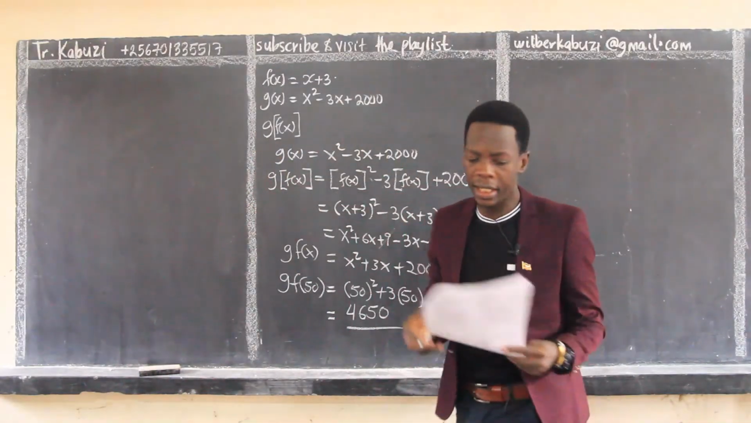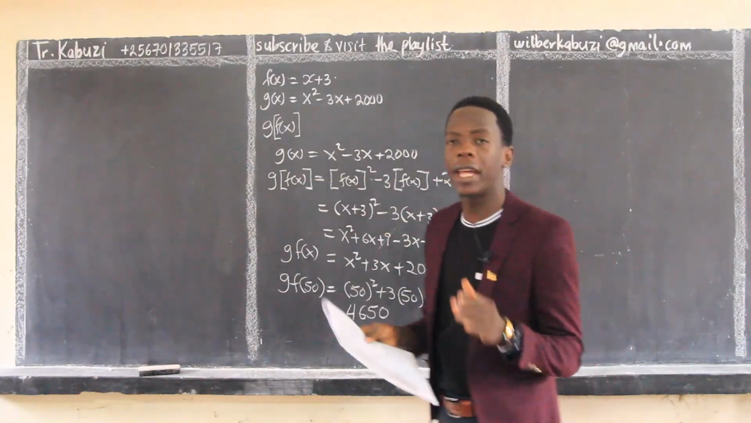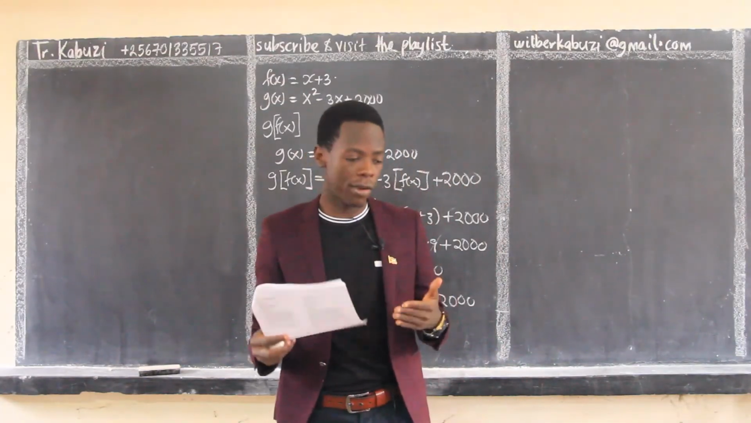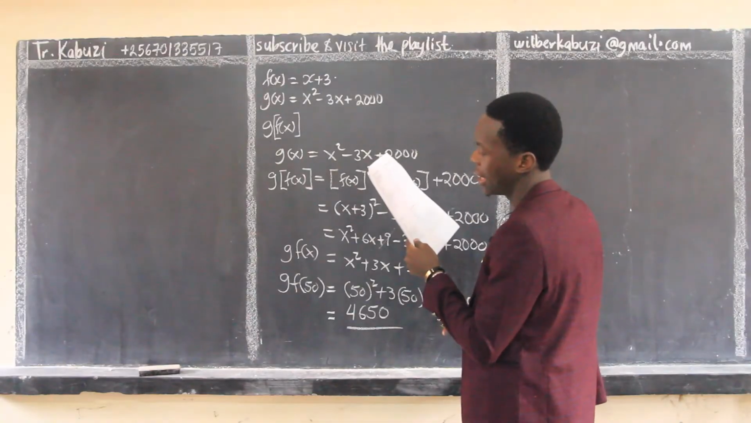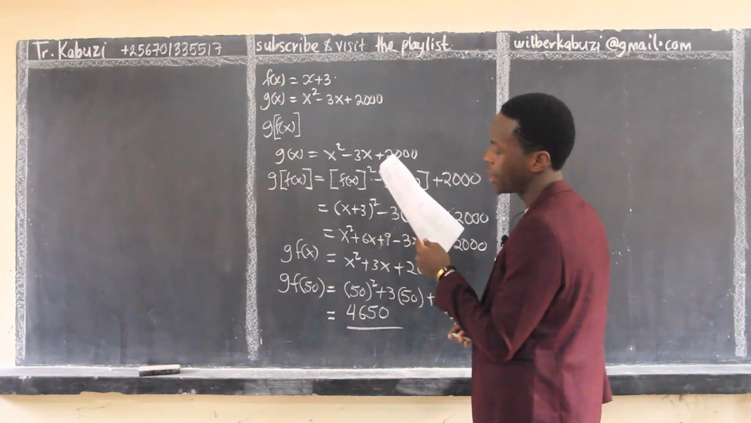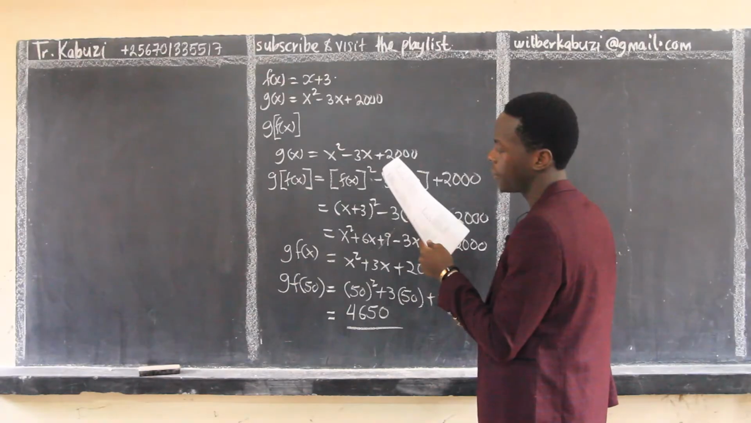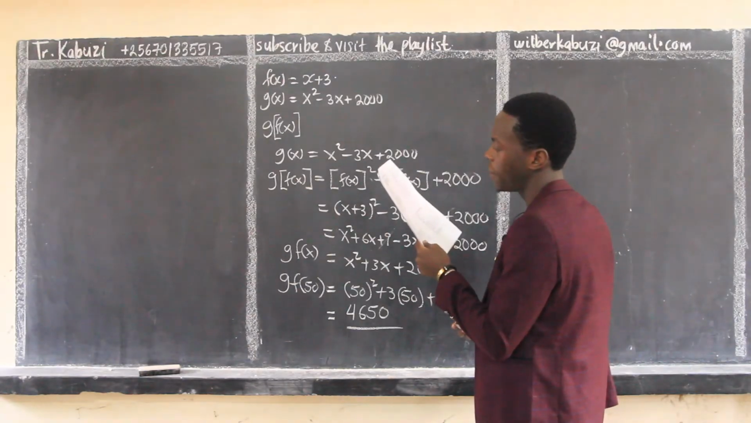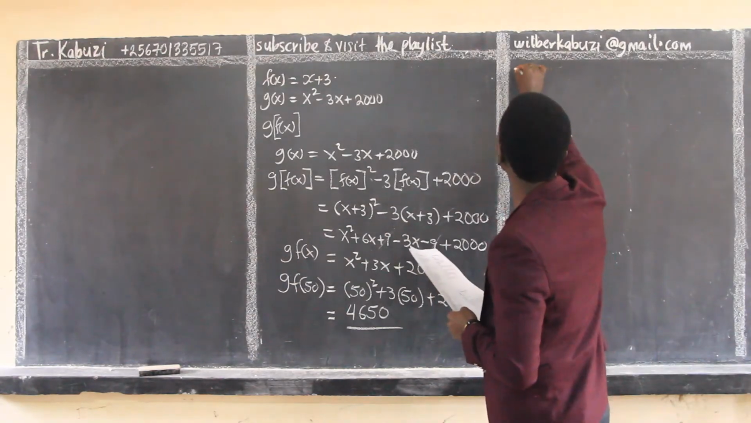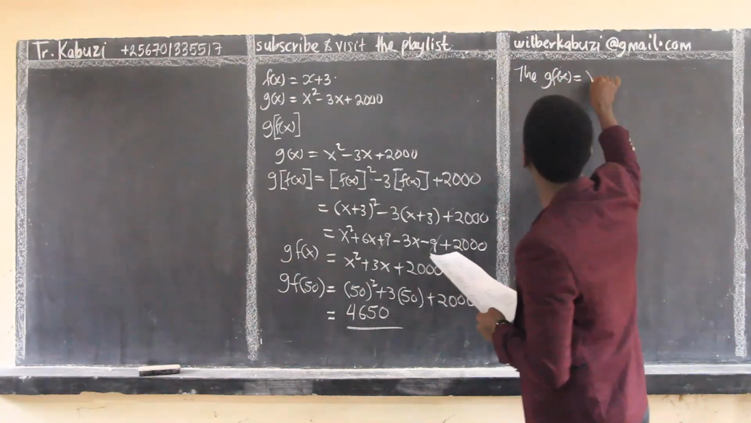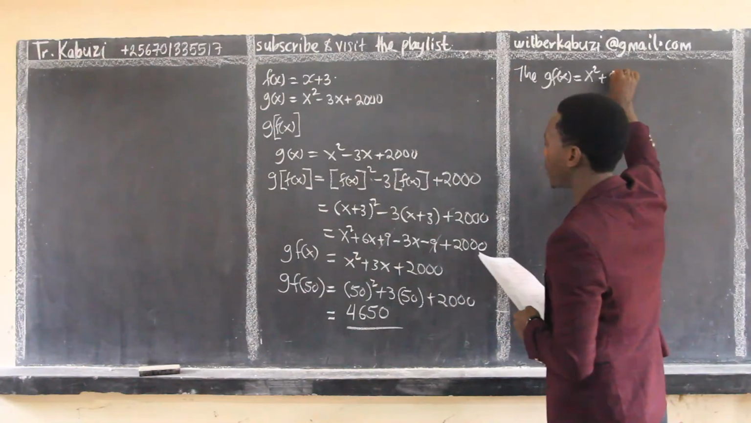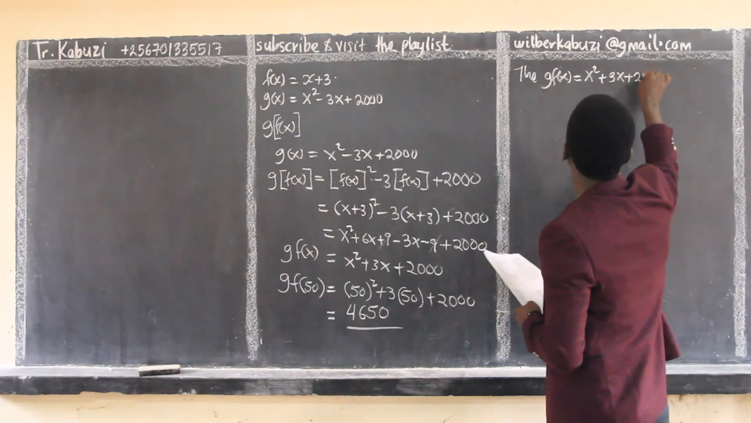So you come and respond, because we said for any task they give you, you have to respond to the task. So you come and say now they wanted to help the businessman find the composite function and determine the total revenue after expenses when 50 units are sold. So the g f of x is x squared plus 3x plus 2,000,